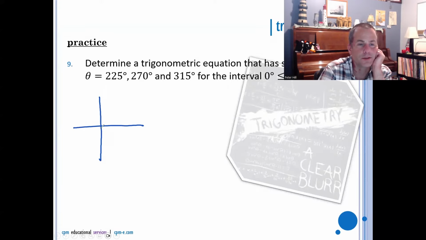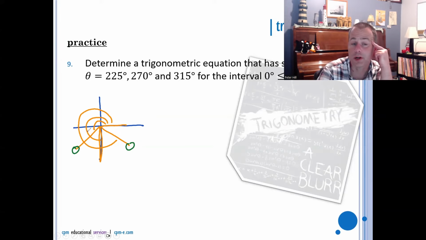270 is this guy right here, right? And then 225 would be this guy, and 315 would be this guy. So I am trying to connect these three solutions together. I'm actually going to take a look at these two together first, because I know that those are a 45-degree reference angle. And I'm thinking, okay, how could I connect